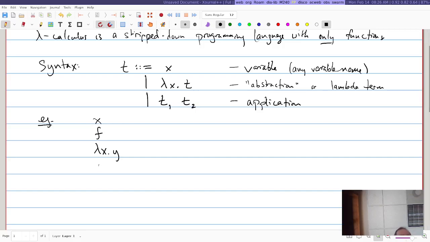Or I could say like lambda X dot XY, right? So that's saying, all right, I have a lambda something. That something is going to be an application, and then those terms are going to be both variables, right? Or, okay, let's do something, F lambda X dot